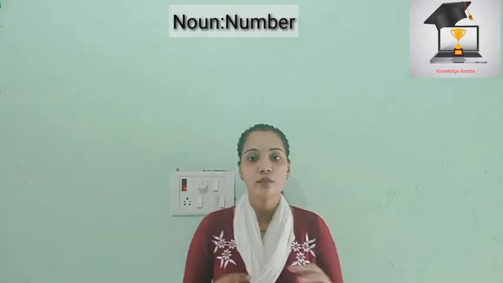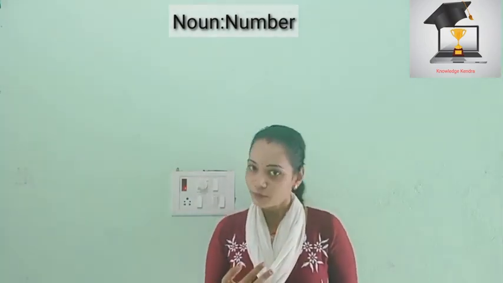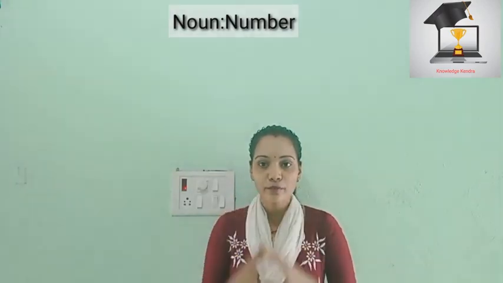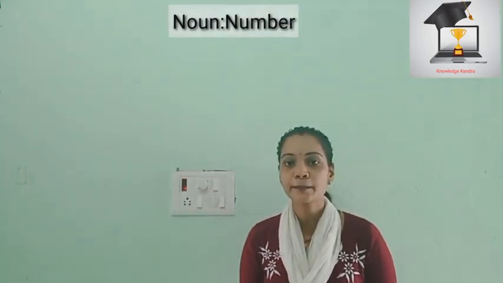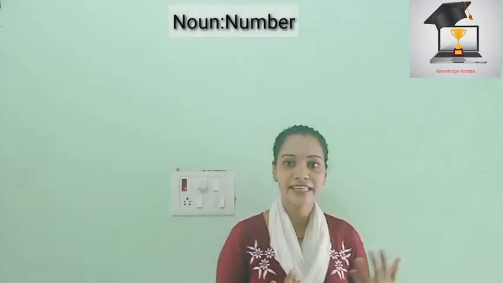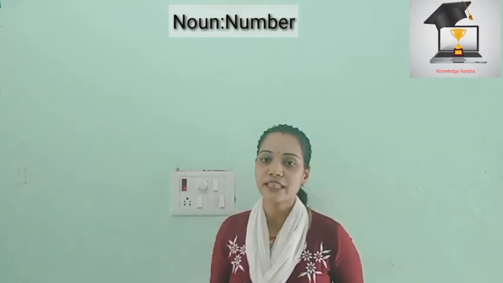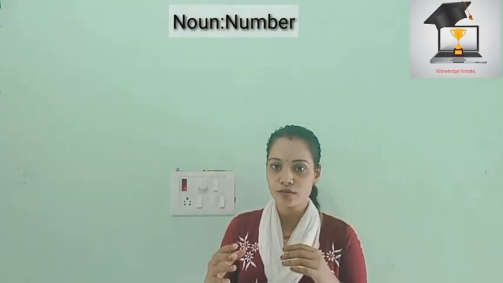The next rule is the word ending with o. Now the word ending with o, what will it take to be plural? Yes, es. The nouns ending with o will take es to form the plural, like mosquito. It's rainy season, so mosquitoes are very common. They come and bite us. So mosquito, mosquitoes. Okay, es will be added. Potato, potatoes. And always remember, not only in English grammar, we know about the exception words.